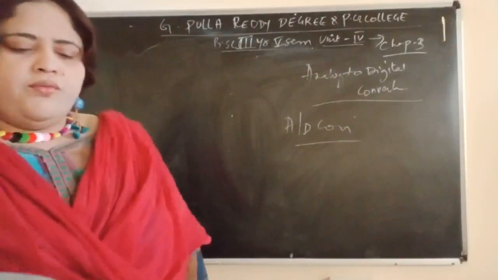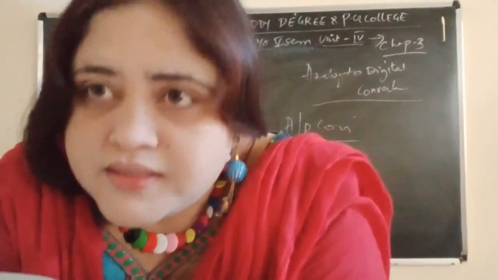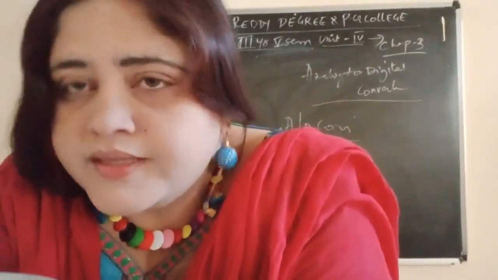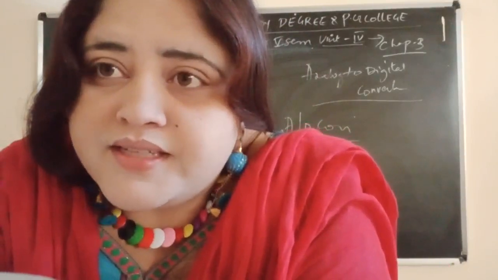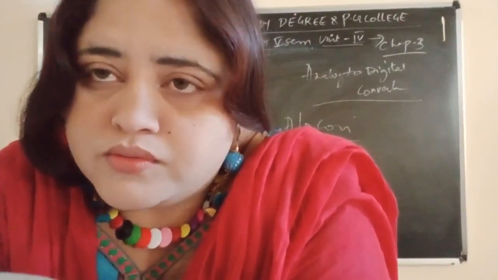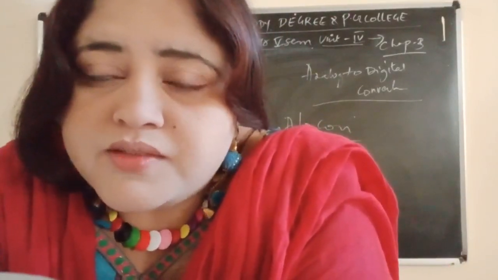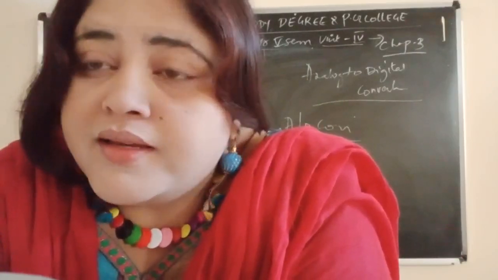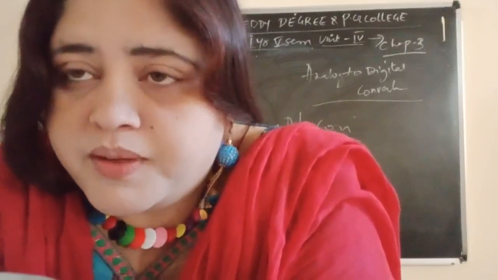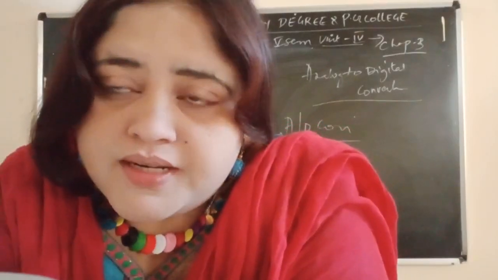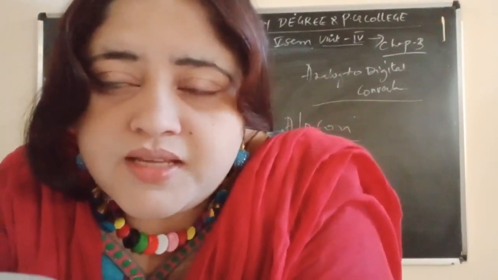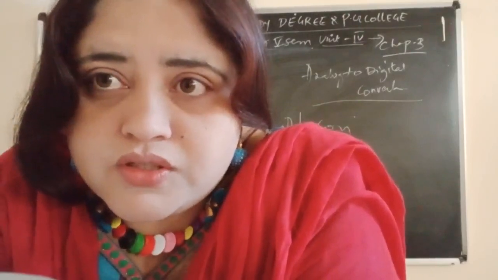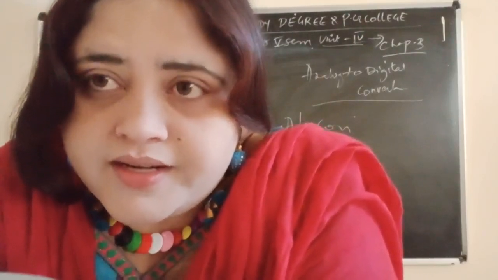In this, what do we mean by analog? Analog means it will be in the form of voltage, and digital means it will be in the form of zeros and ones. Zeros and ones means the counter will be counting. You have studied counters in your paper 5, where you study the different counters. Counters count from 0 0 0 0, 0 0 0 1, 0 0 1 0, like that.